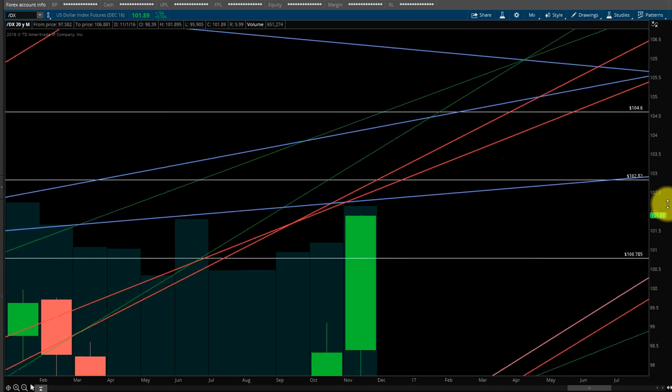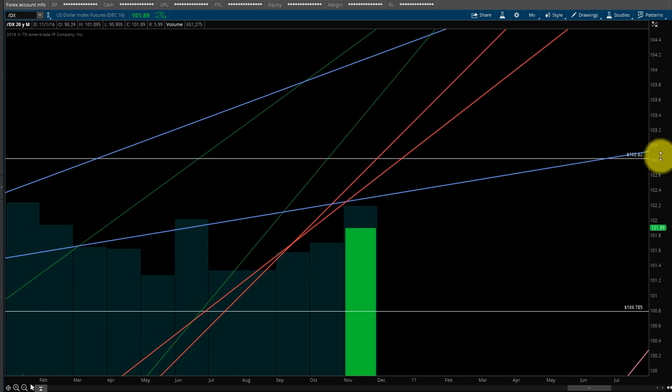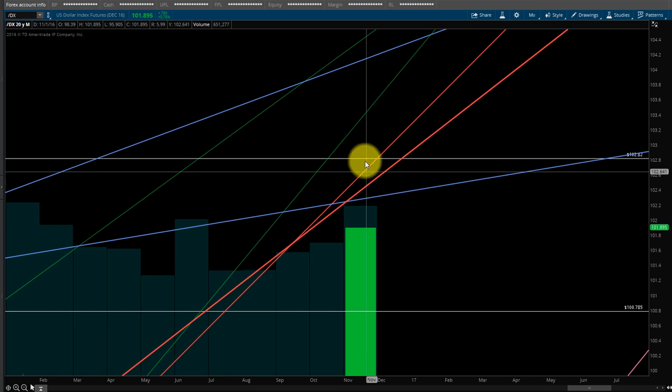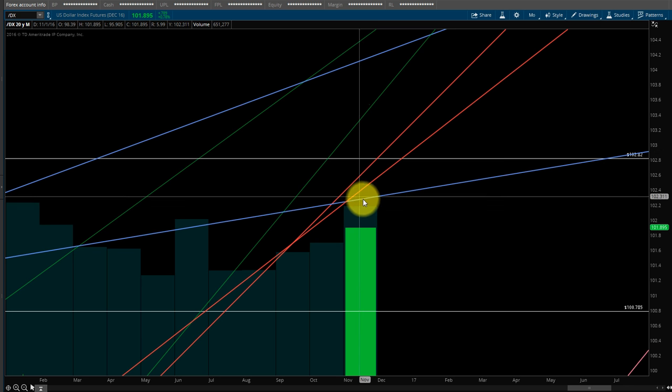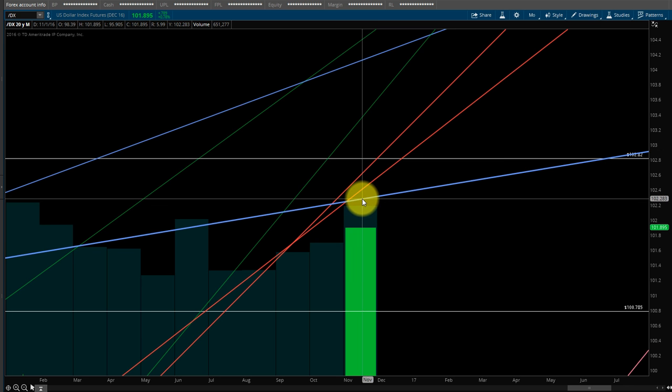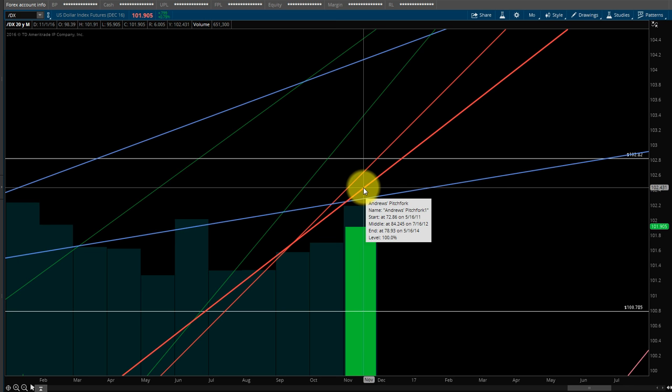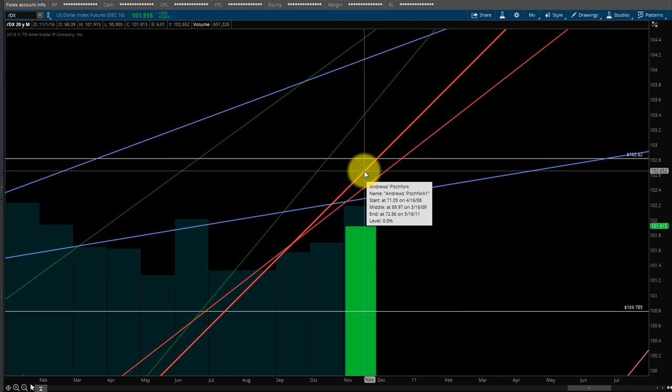Yeah, let's get real close. It's already at 101. And I'm not saying it won't blow through all this, but I'm just saying that you just want to keep an eye on this. So right now it's at 102.28. If it keeps going higher, 102.43. And then if it keeps going higher,